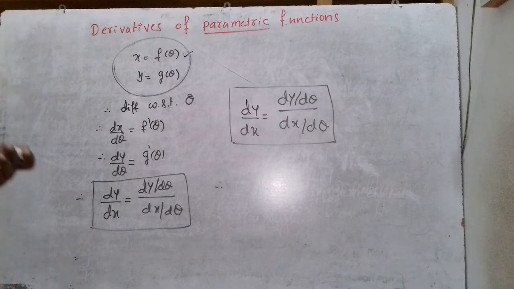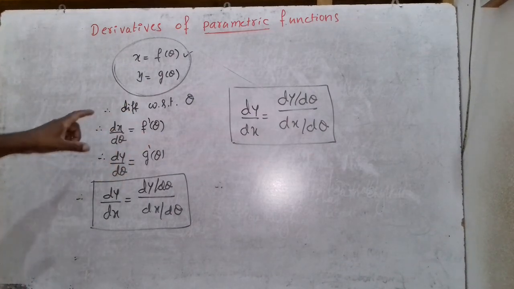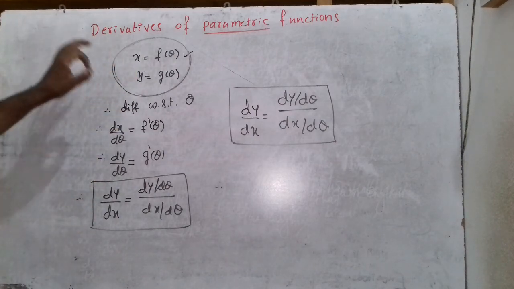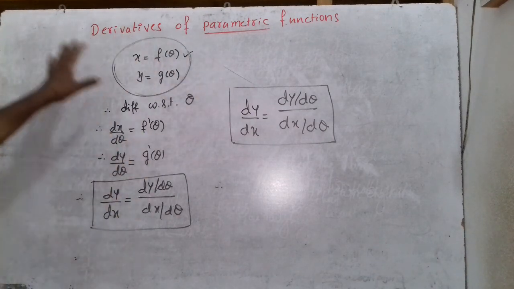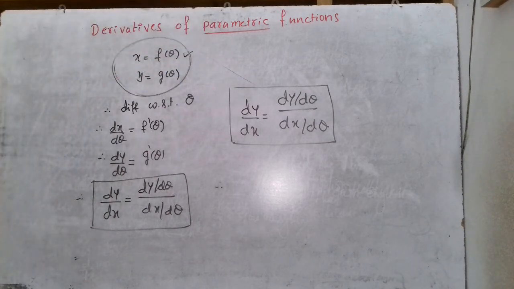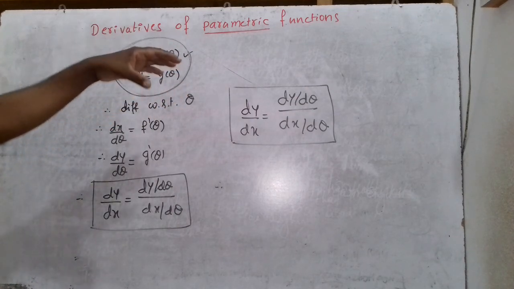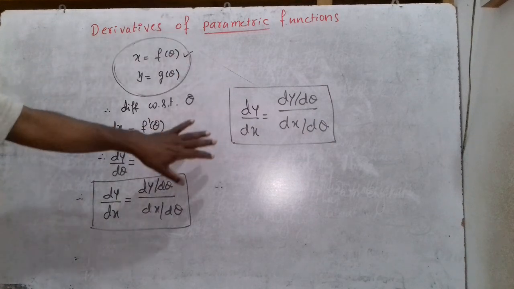In this topic, strictly one question of 3 or 5 marks comes in the annual examination. So this is also an important one. There are a limited number of questions, only 12 to 15. Out of 12 sections, only 3 to 5 questions carry 5 marks and the rest carry 3 marks. Still, this one is very easy for finding the derivative.